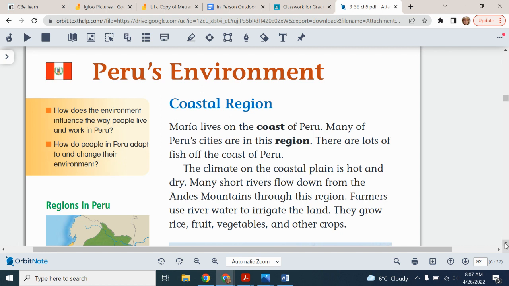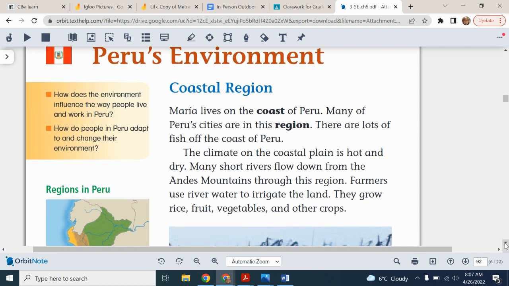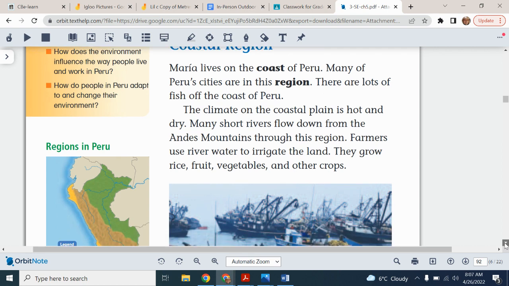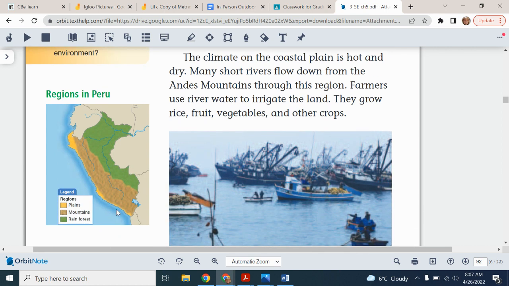We're going to do a story about a person who lives in Peru. And today we're just going to review what the geographic regions are all about in Peru. So I'm taking this from the grade 3 textbook again, Peru's environment. We're going to look first at the regions. Now in grade 4, we'll call them geographical regions, but in grade 3, we call them just regions. But for those of you who are working at a higher level with your writing, you can use the word geographical regions when you're writing your story.